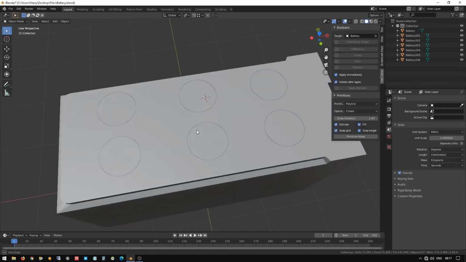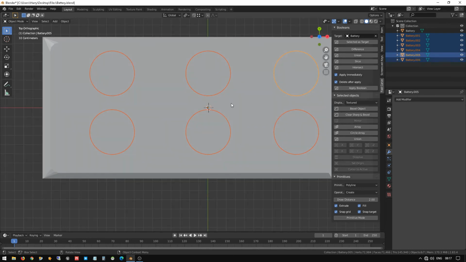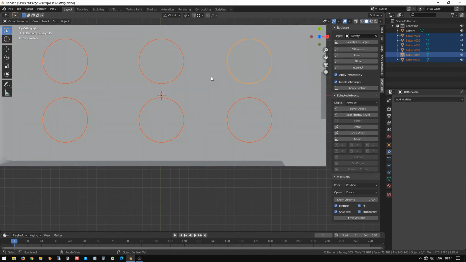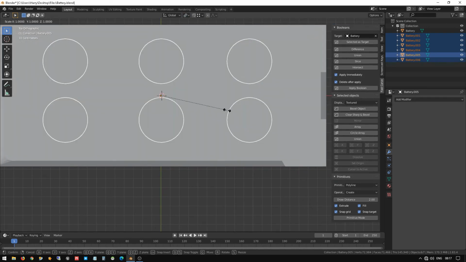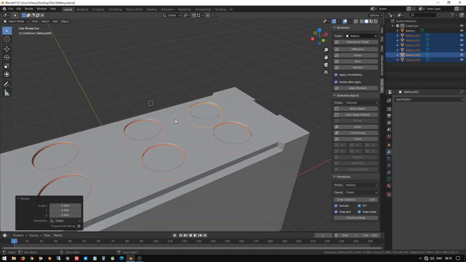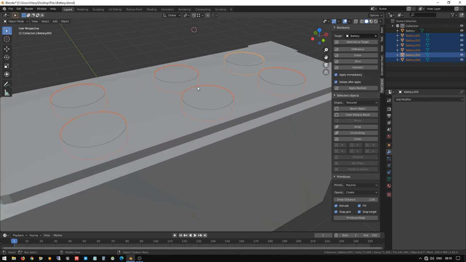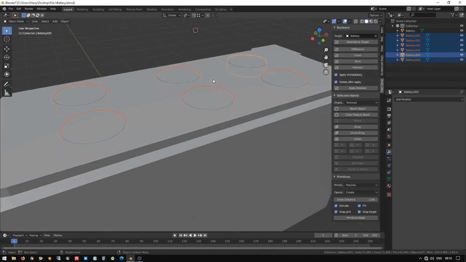So what I'm going to do, select all the caps, and it should be selected with individual origins. Okay, and press S to scale. If I use the shift key, move the keys a little bit. Now it's, oh sorry, it's moved towards the origin. What I'm going to do is select everything and press set origin to the mass.